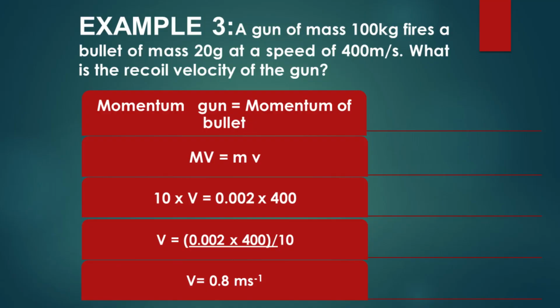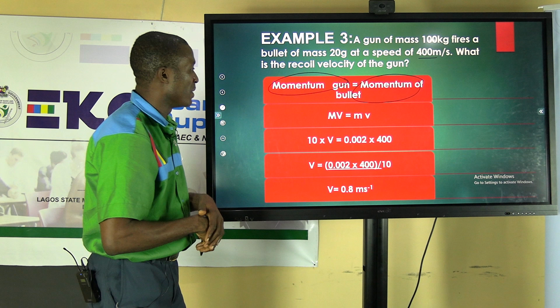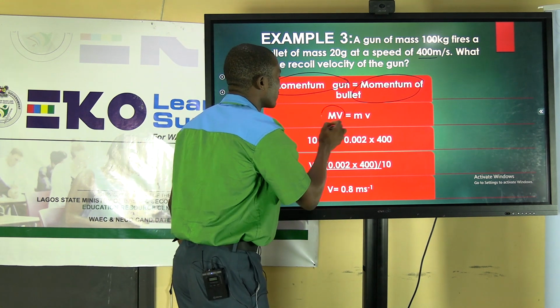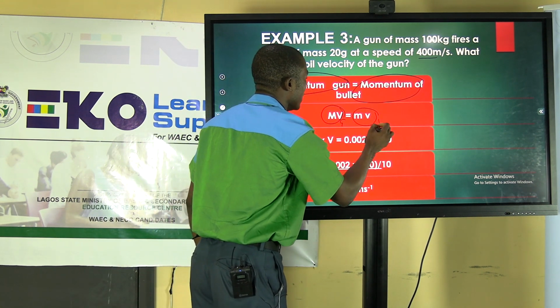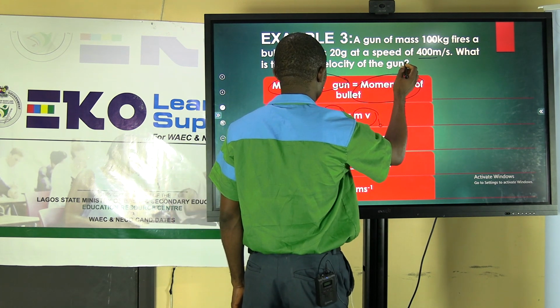A gun of mass 100 kilogram fires a bullet of mass 20 gram at a speed of 400 meters per second. What's the recoil velocity of the gun? The momentum of the gun is equal to the momentum of the bullet. Don't forget the principle of conservation of linear momentum. So in this case, this is for the gun and this is for the bullet. So the mass of the gun is given as